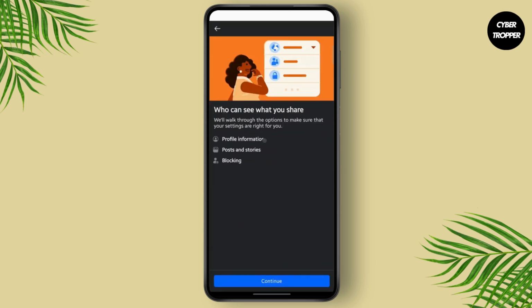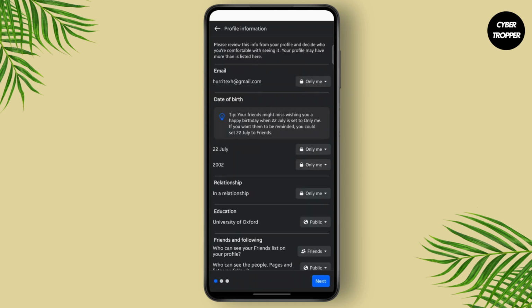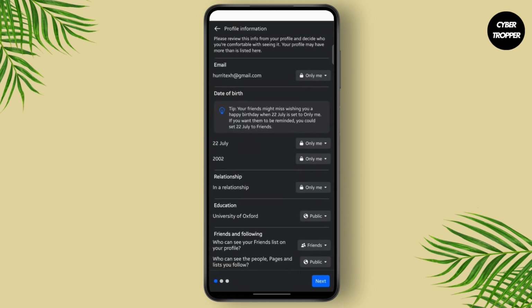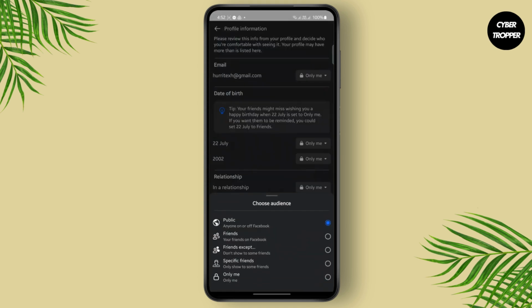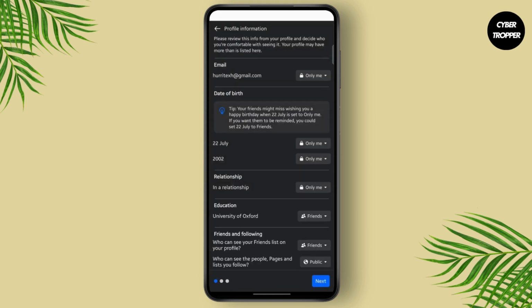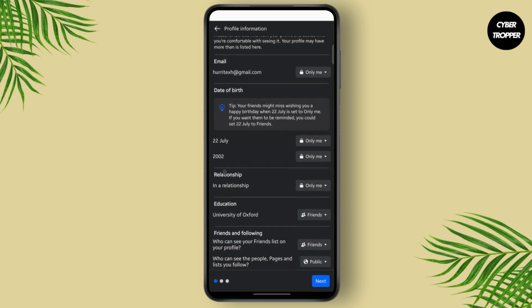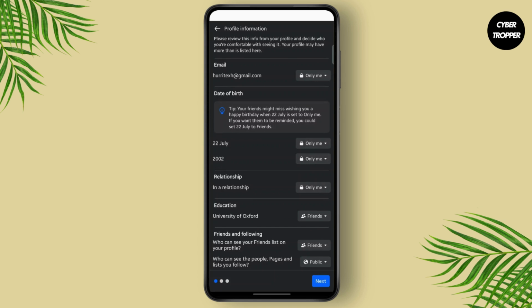Here are actually 3 steps. So the first one is your profile information, and then your posts and stories, and after that blocking. So tap on continue. Make sure all of these settings are set to only me or friends. So make sure that all of these, like your email, your birthday, your education, your relationship status, and under your friends and following, make sure that who can see people, pages, and lists you follow